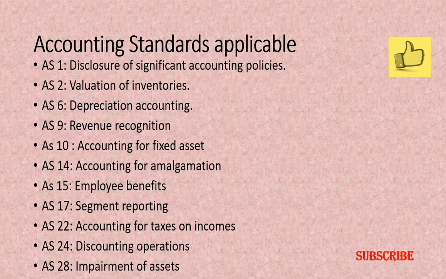This general purpose financial statements include balance sheet, statement of profit or loss, cash flow statement applicable to a few cooperative societies, and statements and explanatory notes which form part thereof issued for the use of various stakeholders such as